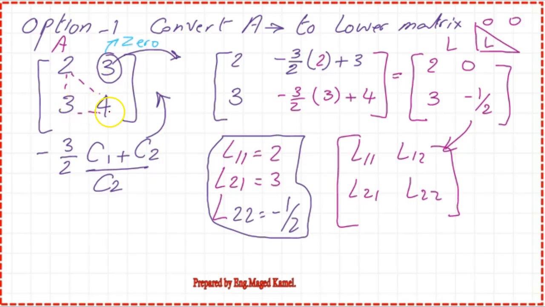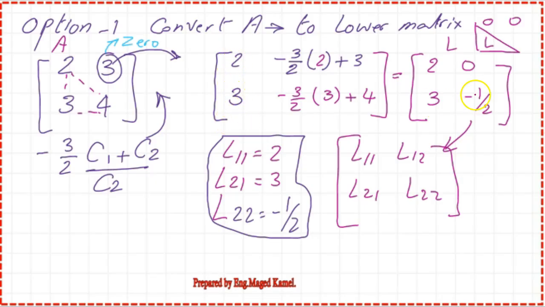We have 2, 3, 3, 4. In order to turn this into a lower matrix, we need this element to be 0. So we are going to multiply by minus 3 over 2, minus 3 over 2 by A11, and add to A12. Again, minus 3 over 2 multiplied by 3 added to 4, and we keep this with no change for the 2